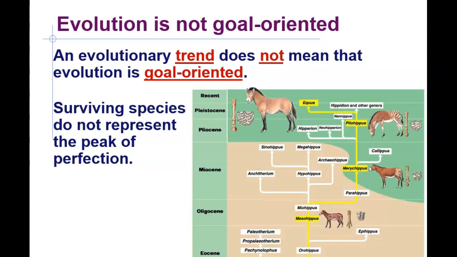Finally, it's important to note that evolution is not goal-oriented. An evolutionary trend does not mean that evolution is goal-oriented. Surviving species do not represent the peak of perfection. They represent good enough. A great example of this is the panda bear. Panda bear's intestines process food